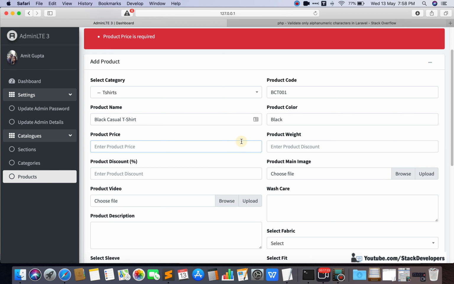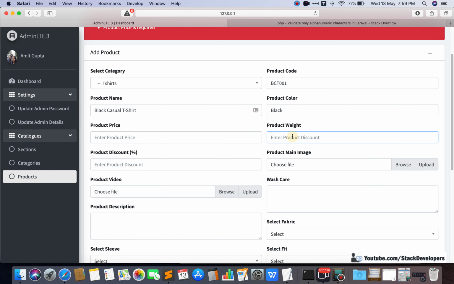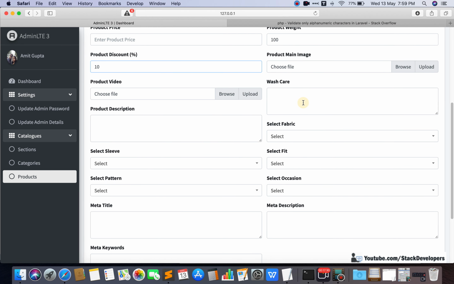Okay, so like I am going to show here, product weight added, product discount added. After that, wash care added, something like machine wash. Such kind of thing we add in wash care.